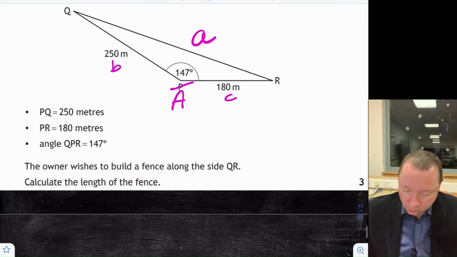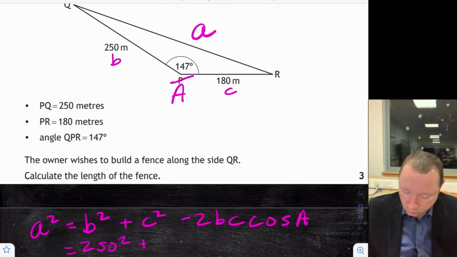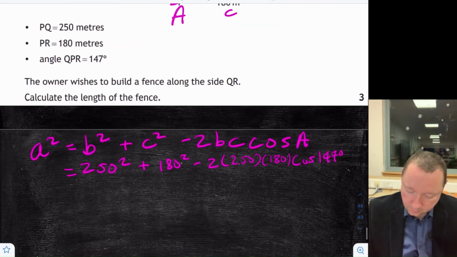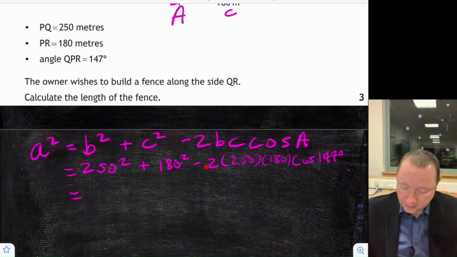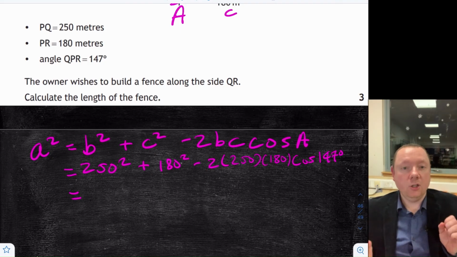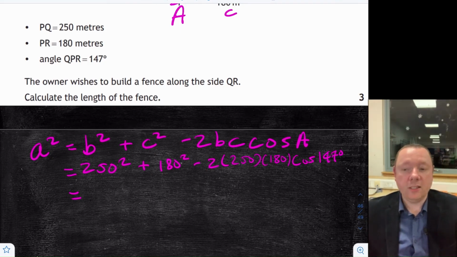So we write down the cosine rule from the start of the exam paper. We'll always go back and check it. A squared equals B squared plus C squared minus 2BC cos A. Substituting in: 250 squared plus 180 squared minus 2 times 250 times 180 times the cos of 147 degrees. Remember, we could do that in one step in a calculator. Put brackets around this, minus brackets around the whole of this, and you will be fine to go. And if you do that, or you take your time on it, you get